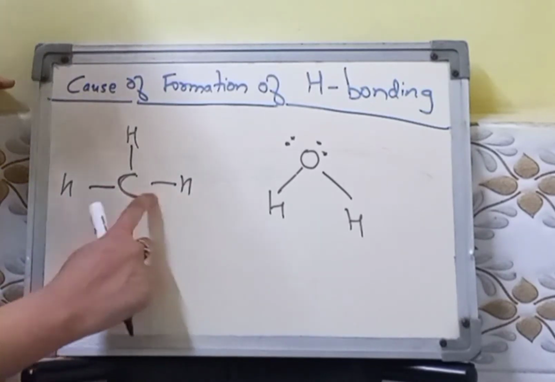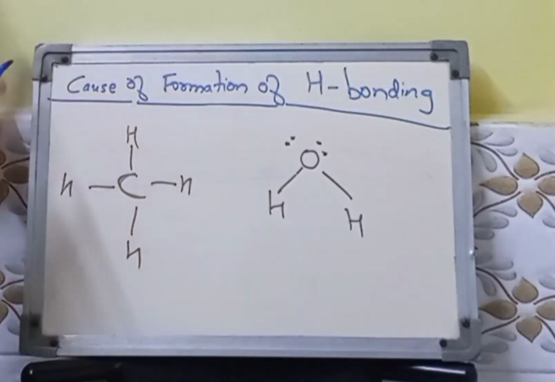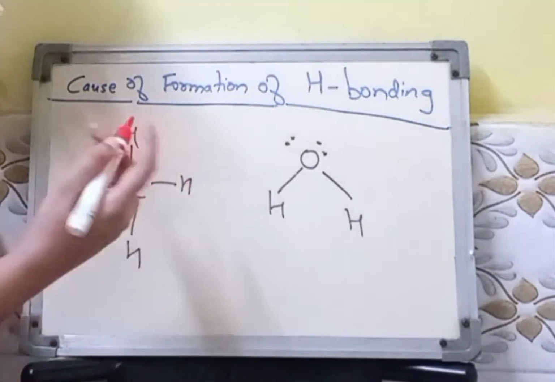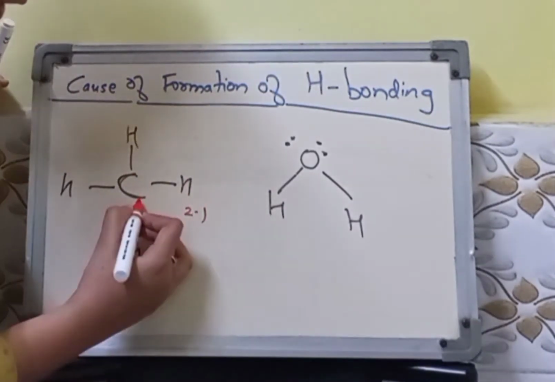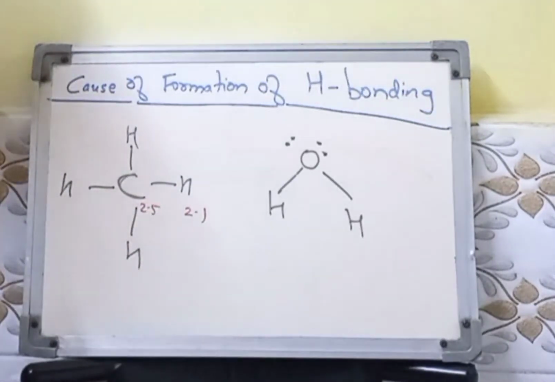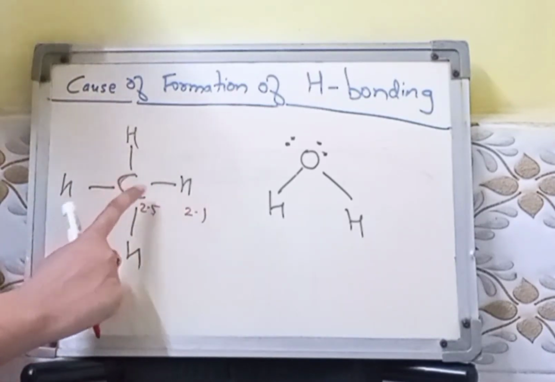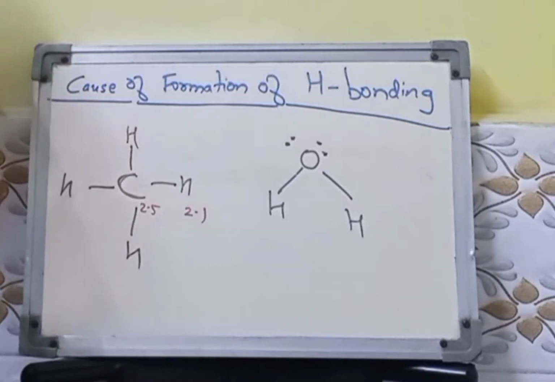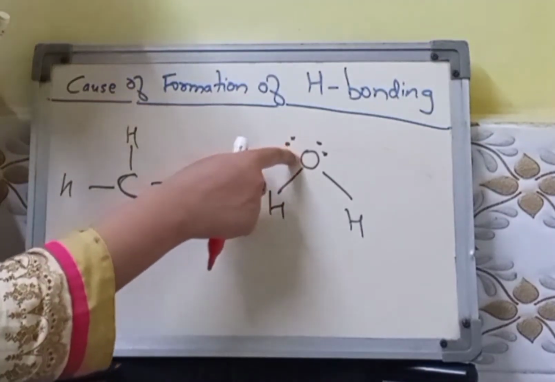When you talk about this covalent bond, C and H, what is the electronegativity of carbon? What is the electronegativity of H? You must remember it. This is very basic. You must always remember the electronegativity of a few common atoms. For H it is 2.1, for carbon it is 2.5. So this CH bond will not be polar. There will be a slight shift of electrons towards your carbon, but it will not lead to polarity. So you will always see that your alkanes do not have partial positive and partial negative charges on them. But here, your hydrogen atom is attached to a highly electronegative atom,